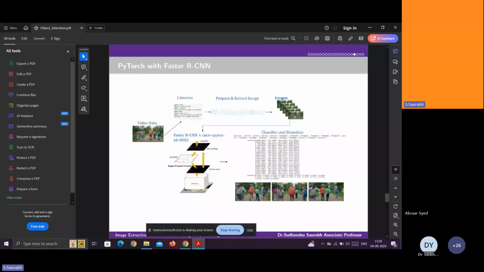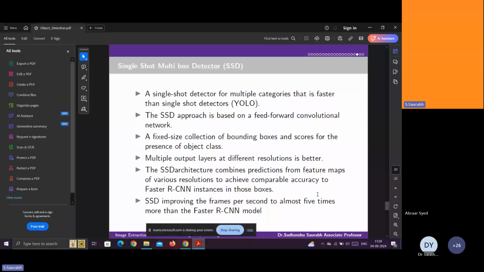So in this way, for different purposes, you have to use different output layers to generate different outputs. And SSD architecture combined with the COCO net and RCNN, all three are combined in a single environment, and it compares the accuracies. Next, this SSD. SSD is very important here.